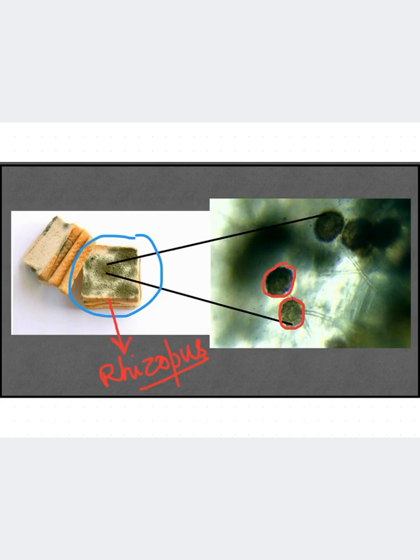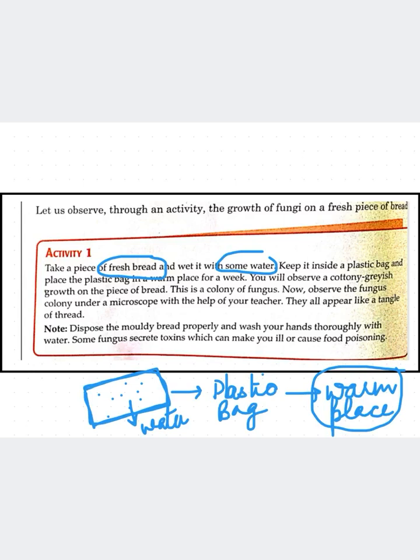I think आपने ऐसा notice किया होगा कि breads अक्सर खराब हो जाते हैं गर्मी में. If you leave the packet open outside, then after 1 or 2 days you will observe that the bread turns greenish, isn't it बेटा? Brownish greenish सा structure उसके ऊपर grow हो जाता है. If you have not observed, now try observing it, right? ठीक है बेटा? And this kind of structure we will observe under a microscope.